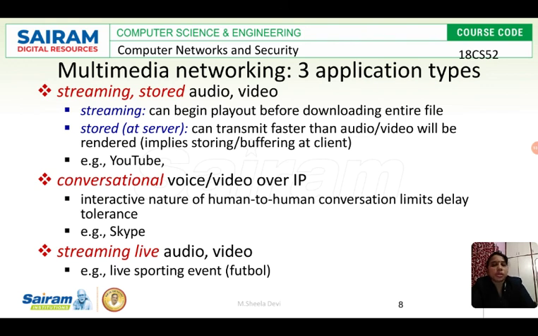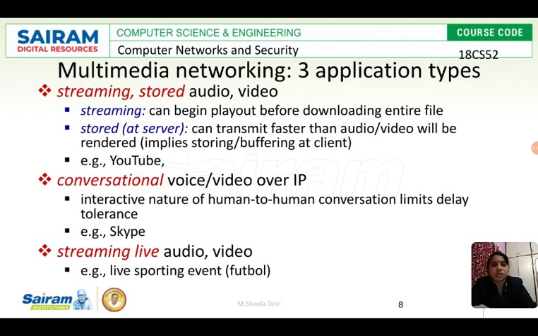This is what we have been doing after COVID, like Google Meet, Zoom and all. Conversational Zoom meetings and all happen, right? That is conversational voice and video. We can send it over IP. Whatever is sent is not stored anywhere.